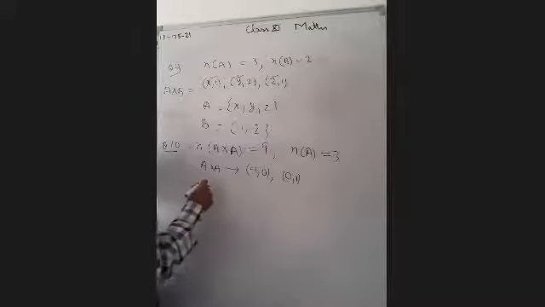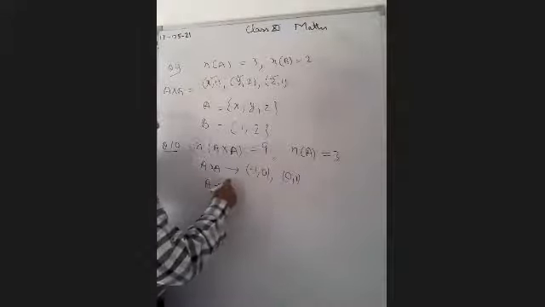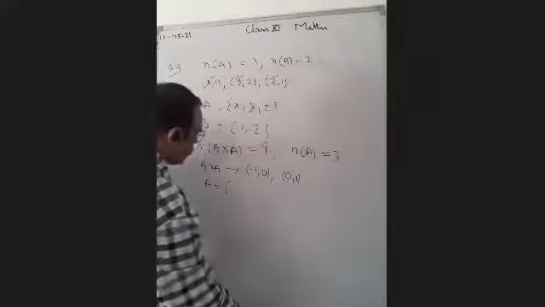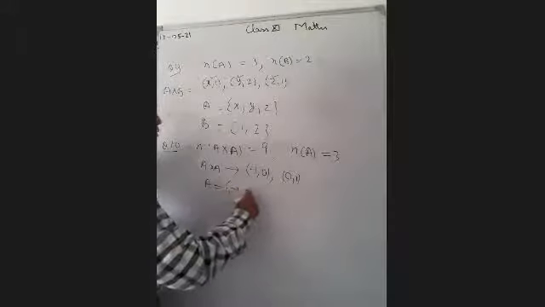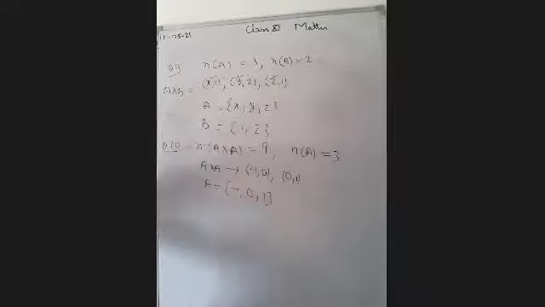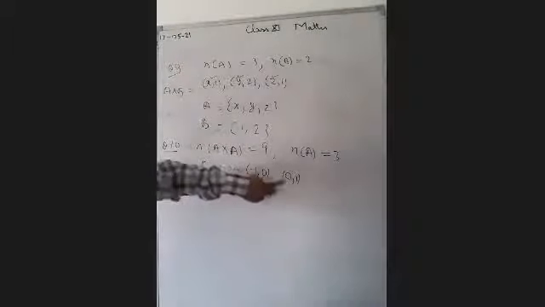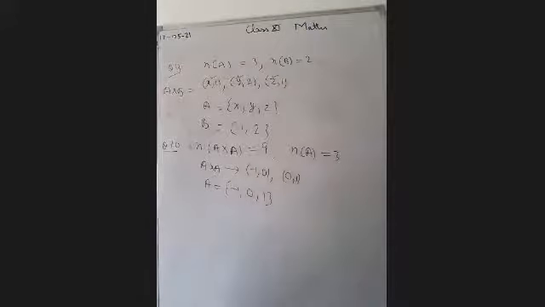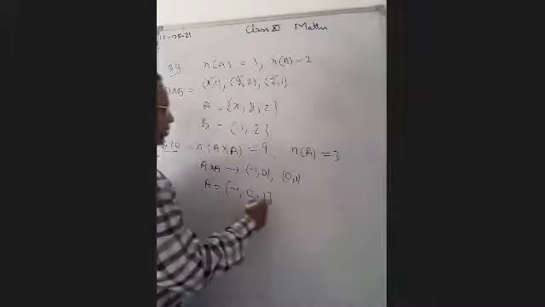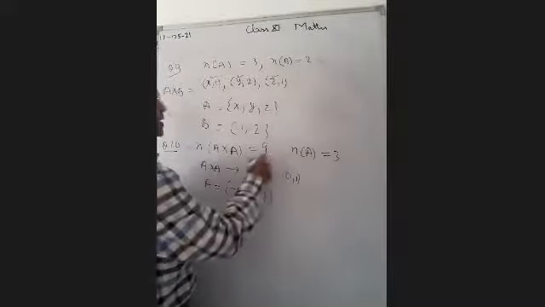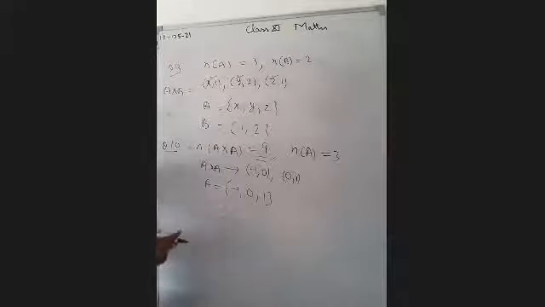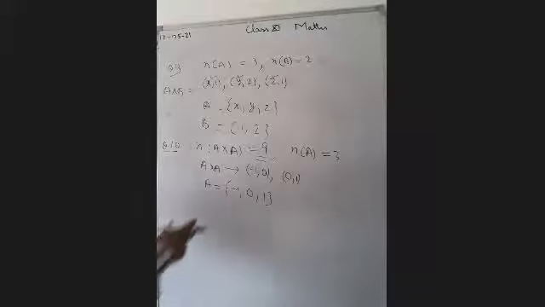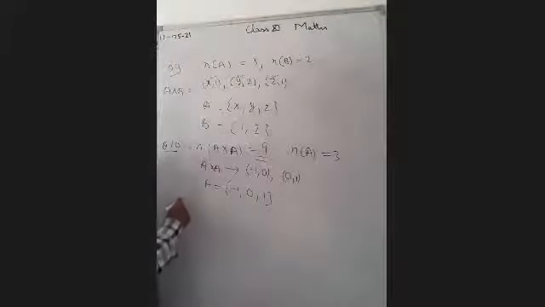So what will be the elements of set A? It should be equal to -1, 0 and 1. All the elements belonging to this group, -1, 0 or 1, we have taken in A. So if we find the value of A cross A, there should be 9 elements, but they have given you only 2 elements. By seeing the 2 elements, we find the set A. Now we can find the value of A cross A.